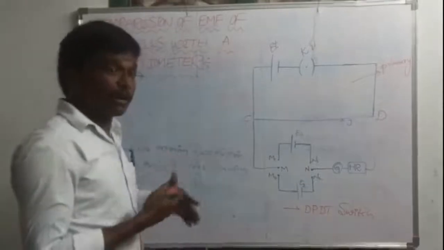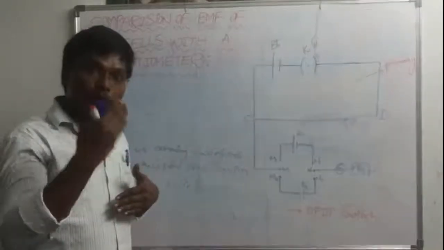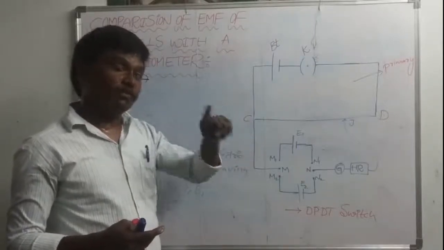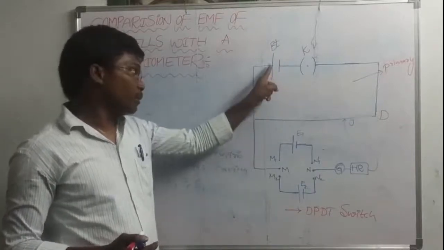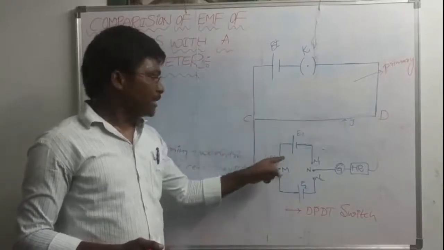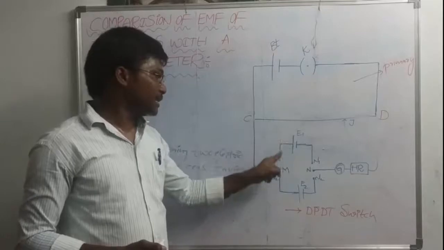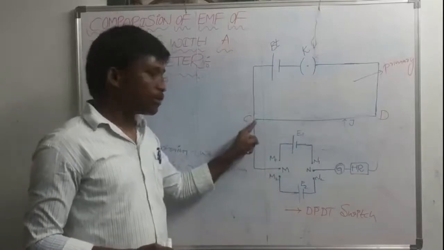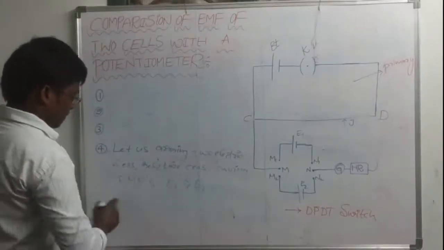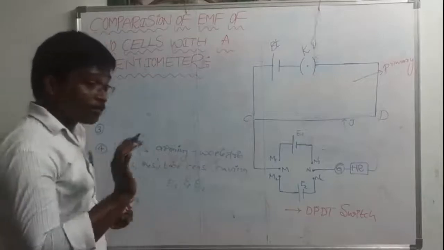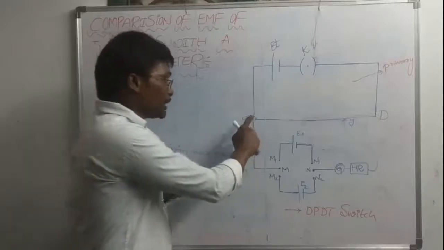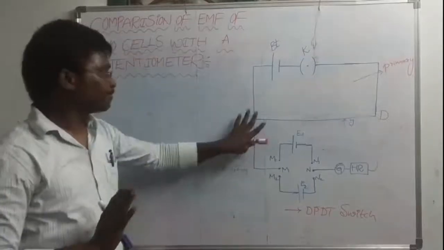So listen to how I am telling this. The positive terminals of the battery and cells are connected with one end of the potentiometer wire. This is the potentiometer wire, this is the end, we know. At the same time, the battery positive terminal and the cells are connected to one end of the potentiometer wire. So what is our fifth point? The positive terminals of the battery and the electric cells are connected with one end of the potentiometer wire. That is the fifth point.